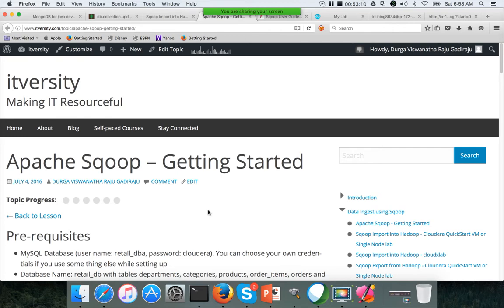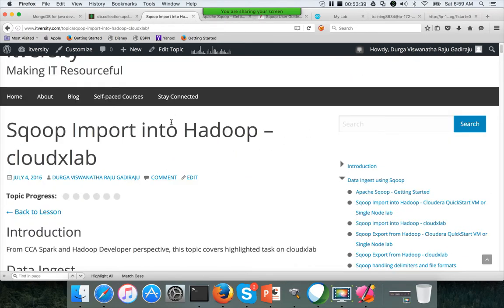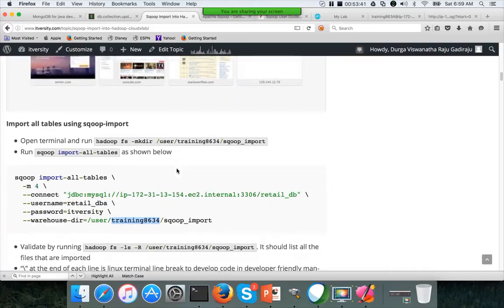Okay, import and export are the ones which will do the heavy lifting of loading the data. Eval is just to issue a query, not to write data into HDFS, just to issue the query to see what is there in the table. Or you can insert the data or update the data or invoke a function to capture certain information which can be used at the time of import or export, but not to import or export. Okay, anyway, so now let me go back here.